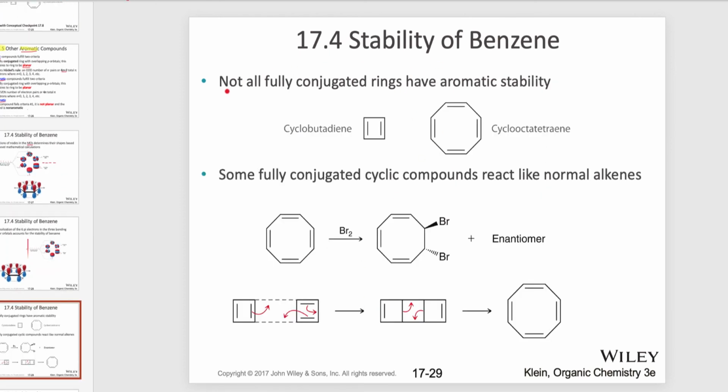Stability of benzene. Not all fully conjugated rings have aromatic stability. Again, here is your 4 electron system, which is 4n. Here you have your 8 electron system, which is also your 4n formula. So some fully conjugated cyclic compounds react like normal alkenes because, when you look at the shape